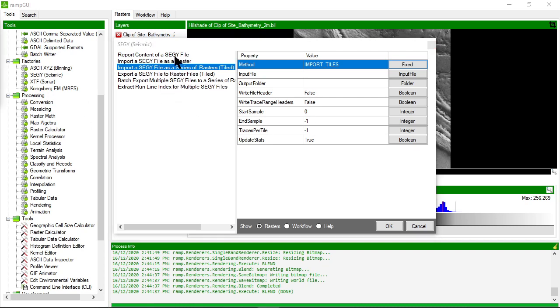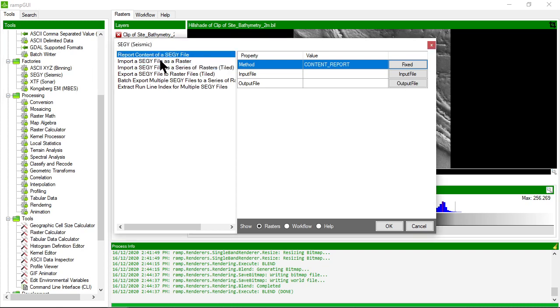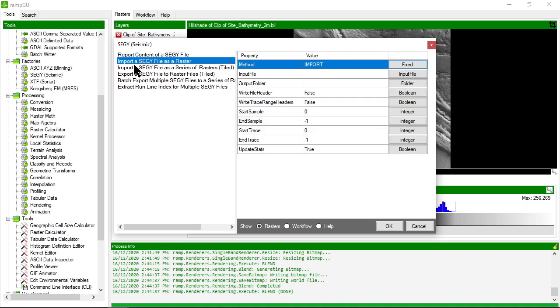The other thing we've changed in many of the factories is the naming convention of the methods and their descriptions. These were a little bit confusing before, so now they've been made to be a little bit more obvious as to what the intent of the method actually is. So, for example, in the seg-y factories, we have report the content of a seg-y file, import a seg-y file as a raster, or import a seg-y file as a series of rasters, etc. So the descriptions should tell you a lot more about what that method does, whereas previously that was a little